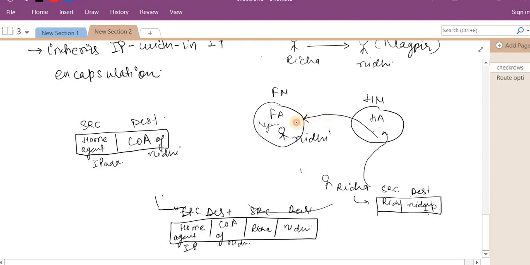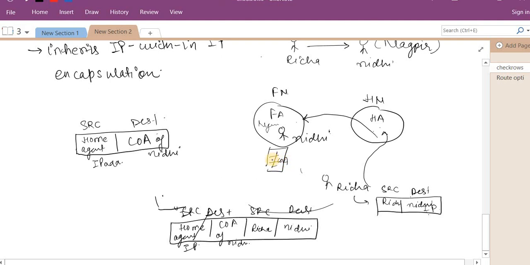So when the foreign agent receives this encapsulated packet, it comes to know by using the first header, that is the home agent, that this particular packet was forwarded by the home agent, and it carries a care-of address. Within its visitor table, it searches for this care-of address to see which entity acquired it.